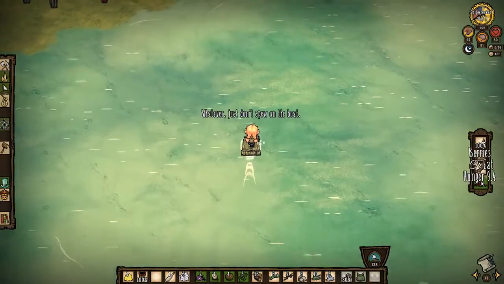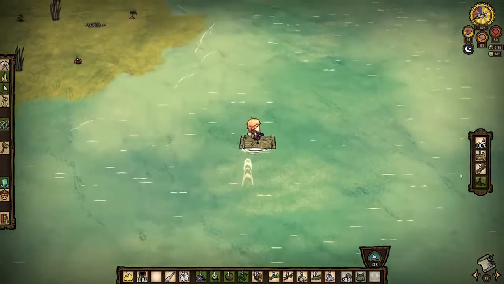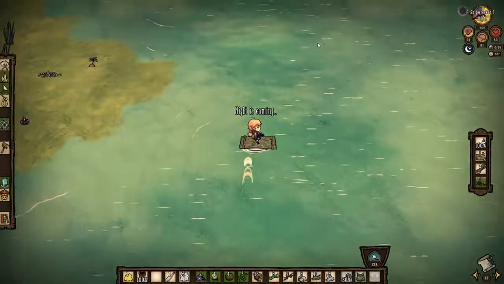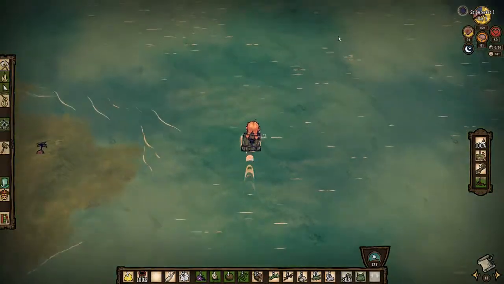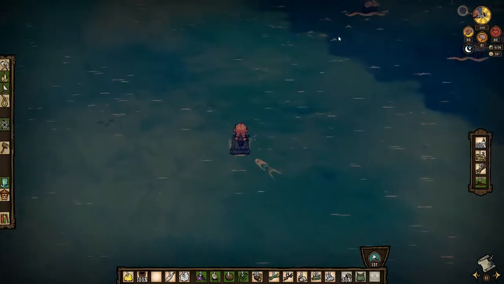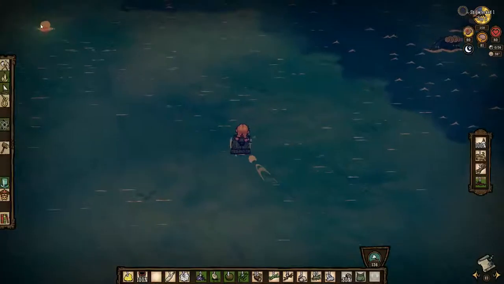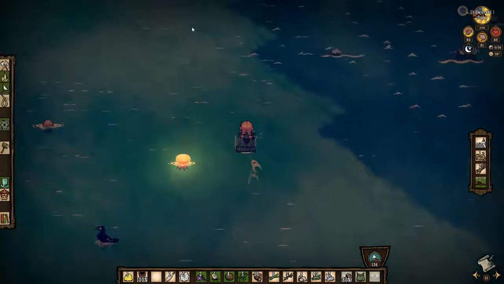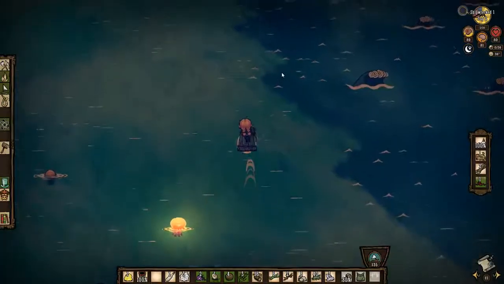Okay, that's right. I keep trying to eat on the boat. So we're gonna go out again and look for another island, hopefully with more gold. I would like an island. Ooh, what is that? Rainbow jellyfish. Interesting. I would like an island with